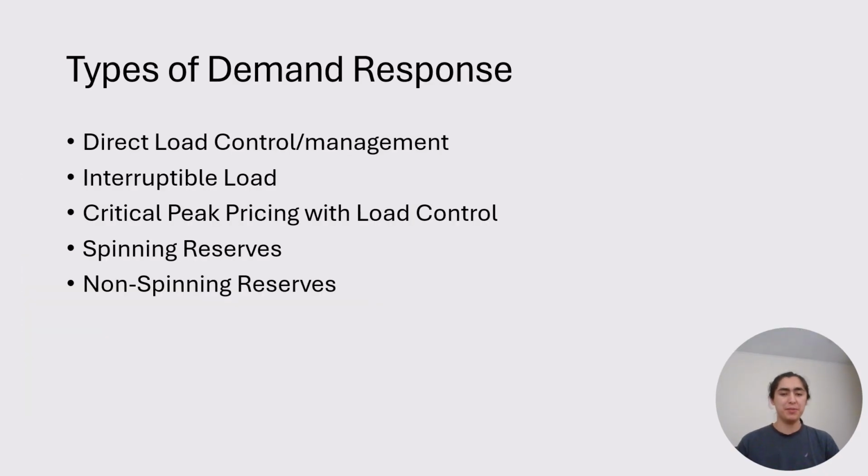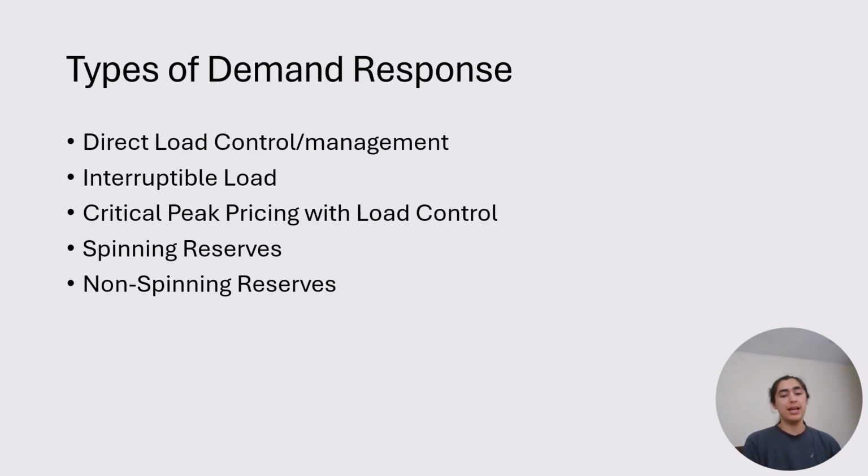There are several different types of demand response. Direct load control is a rather important one to understand. This is where some central program operator, usually a utility company or an independent system operator, is given direct control over your smart devices voluntarily. So you surrender that power to them, usually in exchange for some kind of incentive payment. And during those critical peak events where we're approaching instability, we're seeing higher wholesale market prices, they can remotely shut off your devices, and that will lower demand, avoiding those events.